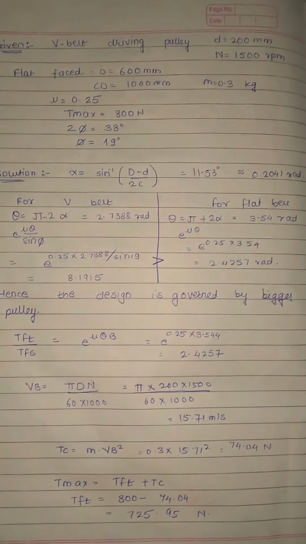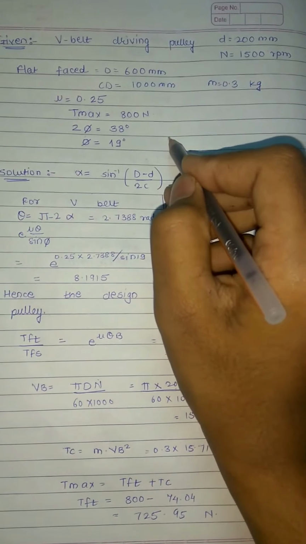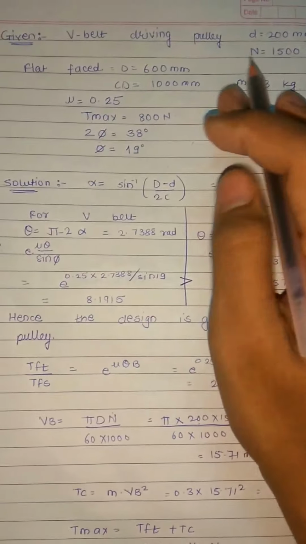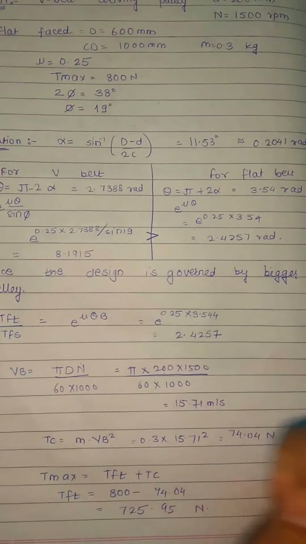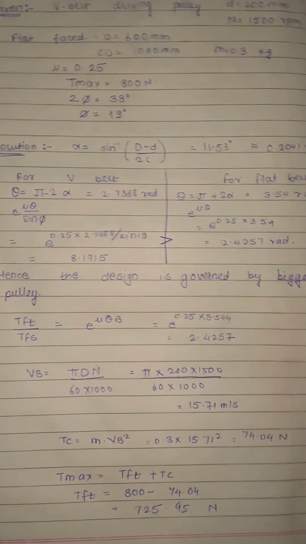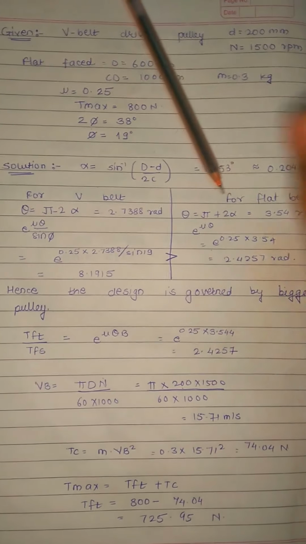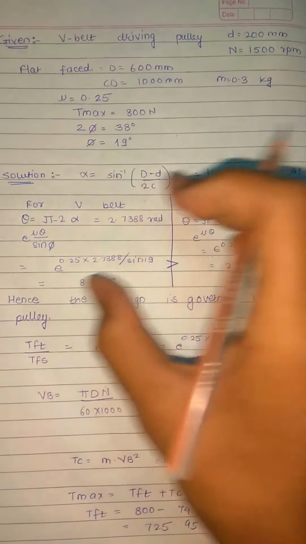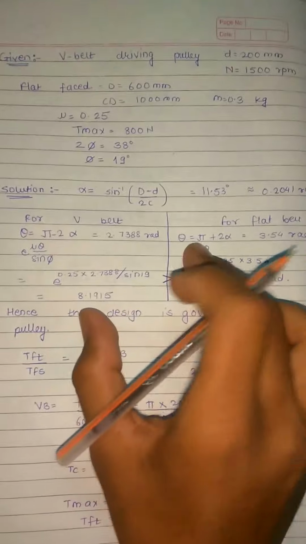Let's start. We have been given two types of pulleys in this numerical. The driving pulley is a V belt or V groove type, and the driven pulley is a flat belt or flat pulley type, which has no groove angle. So two types of pulleys are there. We have to consider two different design processes for these pulleys. Let's see which pulley to consider for designing the whole system. We cannot design the system based on the two pulleys differently. We have to consider one pulley and design the system accordingly.